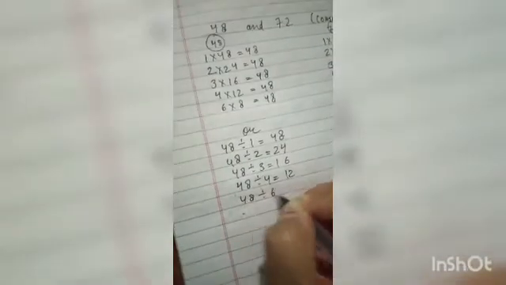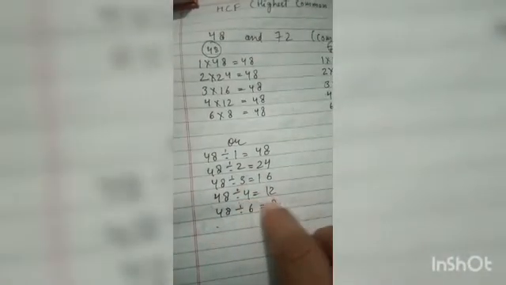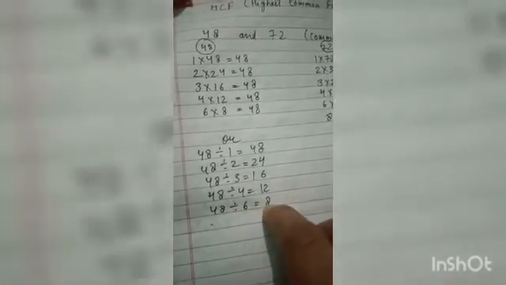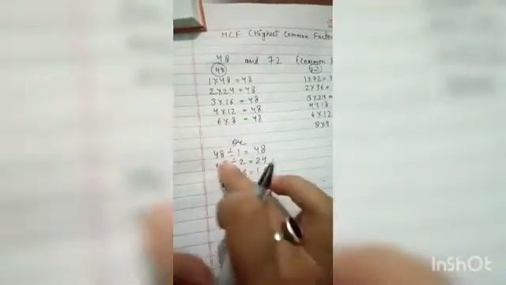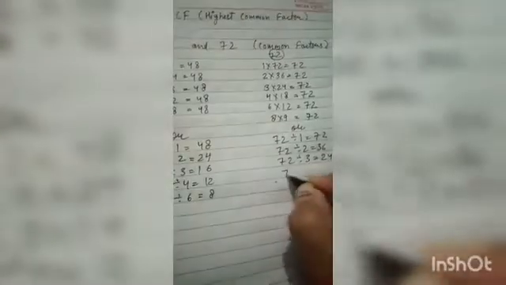48, 6 8s. So if we match both of them, what we find, the last two numbers, like 3 16s are 48, 4 12s are 48, 6 8s are 48. Okay, so there is the difference of the interchange of numbers and product sign and division sign. On the other side, I will do the same thing, like 72 divided by 1 is 72, 72 divided by 2 gives 36, 72 divided by 3 I get 24. This one, 72 divided by 4, or if I divide 72 by 18, I will get 4 as the answer.